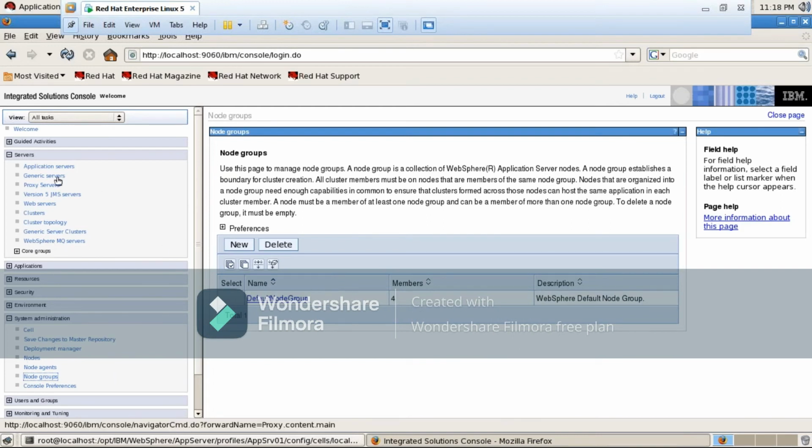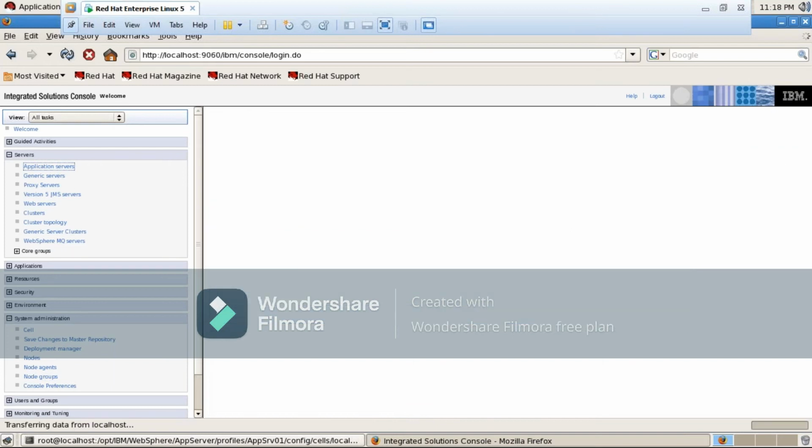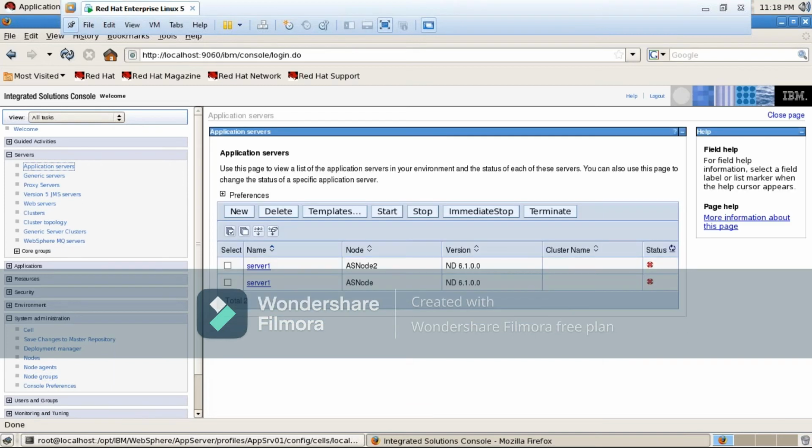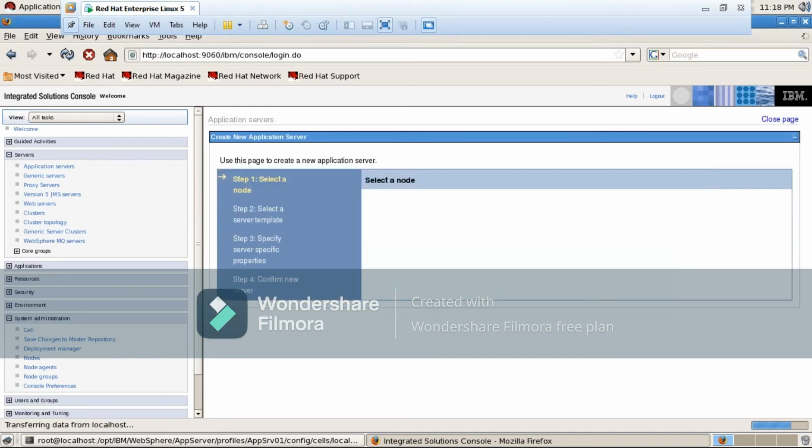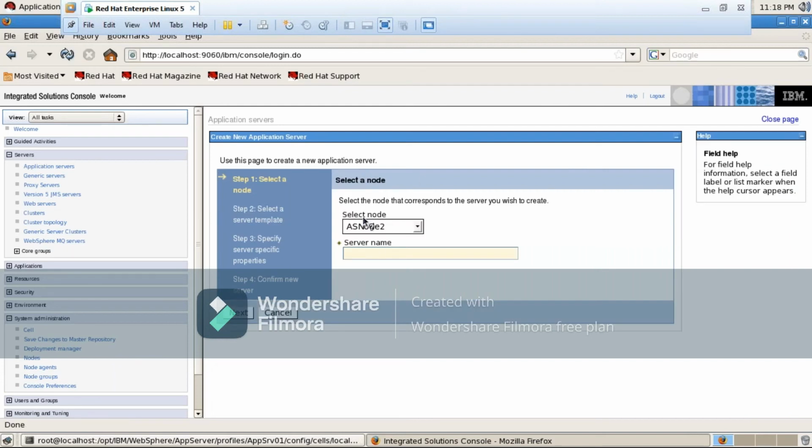Now let me create one JVM. Why 1? I can create n number, right? So let me go for a new one. Now tell me how many nodes it will show to create the JVM. Select the node, right? In the available nodes, drag down, it will show only 3. See, only 3. It's not showing the DMGR node. Why? It is dedicated only for the DMGR process. That's why I'm saying, how many useful nodes do we have? 3. The 4th node, the DMGR node, is dedicated for the DMGR process. We are not able to create JVMs under that.